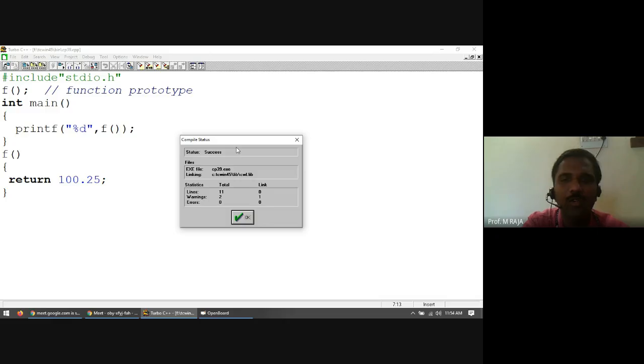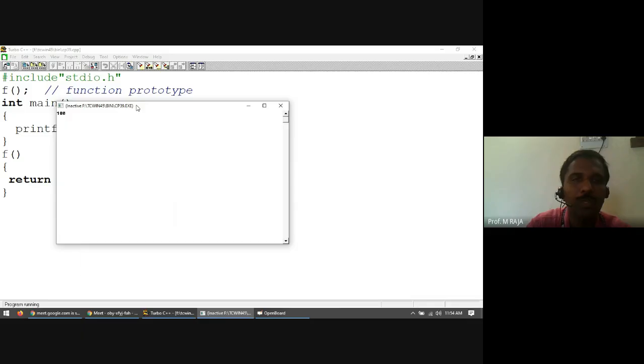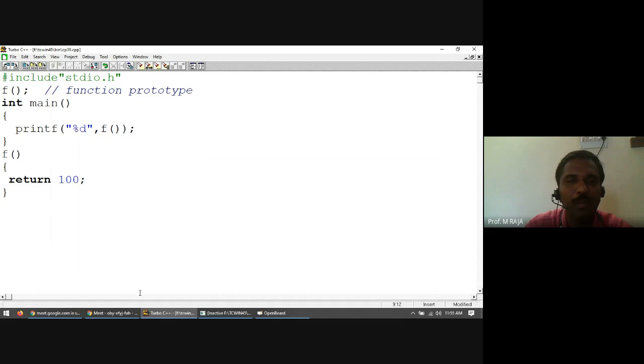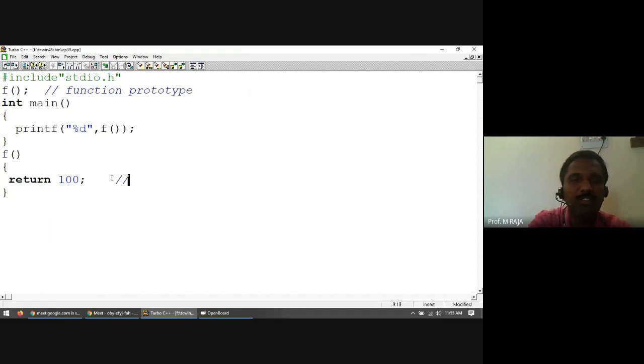100.25. Now let us check the code. F9, no problem. Control F9, no problem. Program is running. First we used 100. There we expected the message 100. For example, return 100. File, save, Control F9. Returned value is 100. So this returns a value 100. I make a comment of this line, then I add another line, return